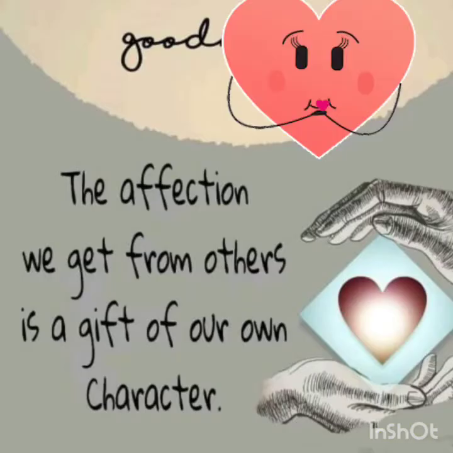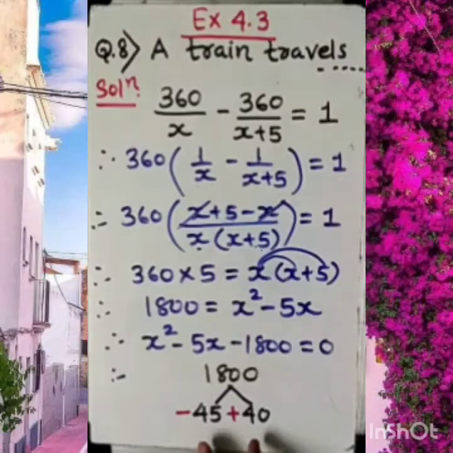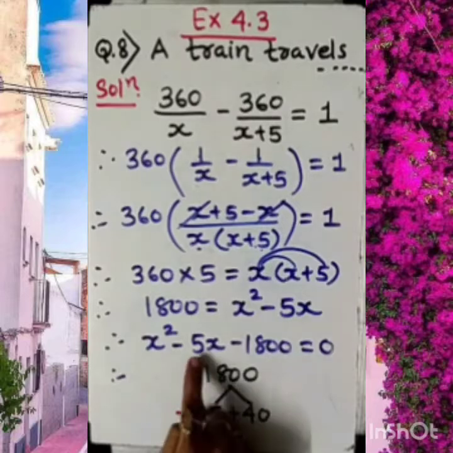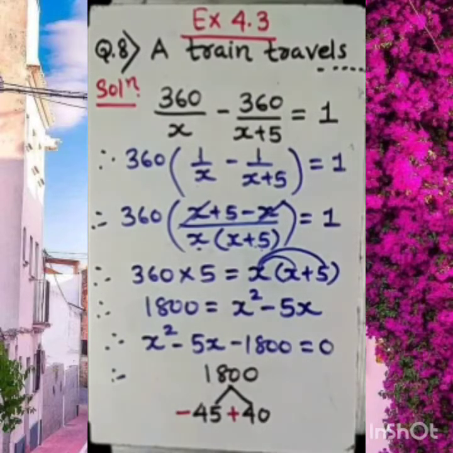So the sign, how to decide? If I split it, this will be minus and this will be plus. So the two factors which we want to find of this quadratic equation, for that, this is the middle term splitting technique. So in this technique, 45, this is 40. I'm going to substitute here in place of this, and let's find its roots.